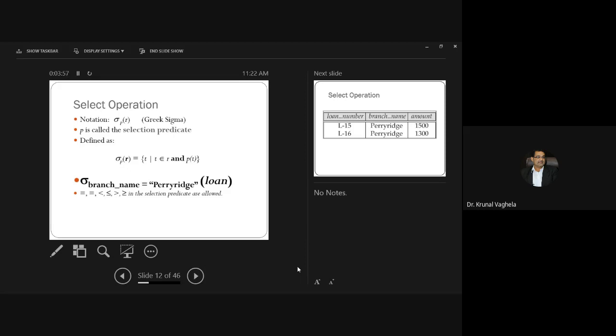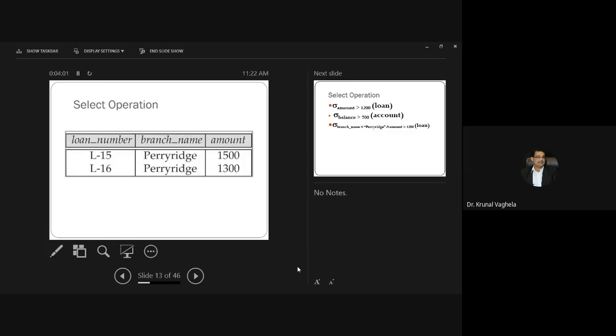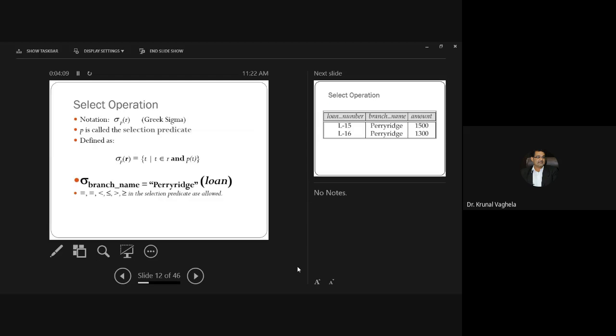Loan. R means table name. Here is the symbol of select. Here is whatever condition you want to put. Here is the name of the table, from which table you want the data.